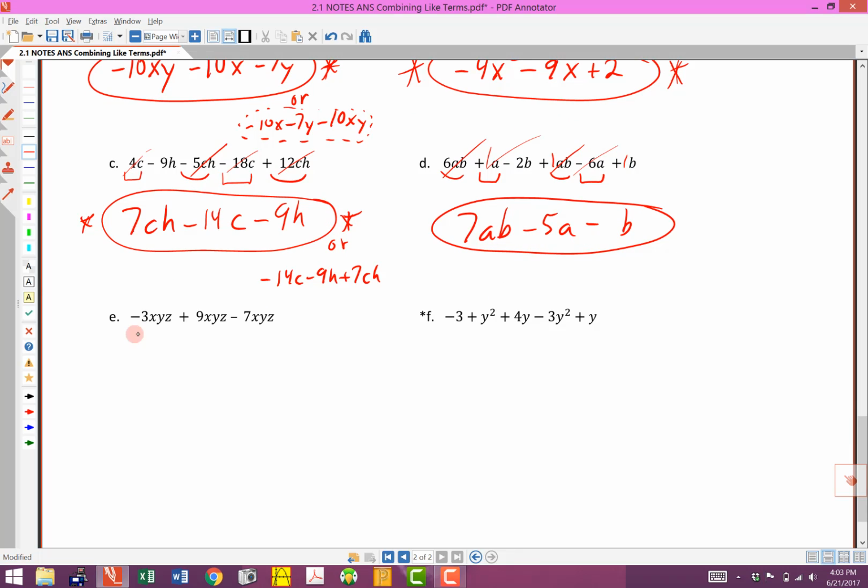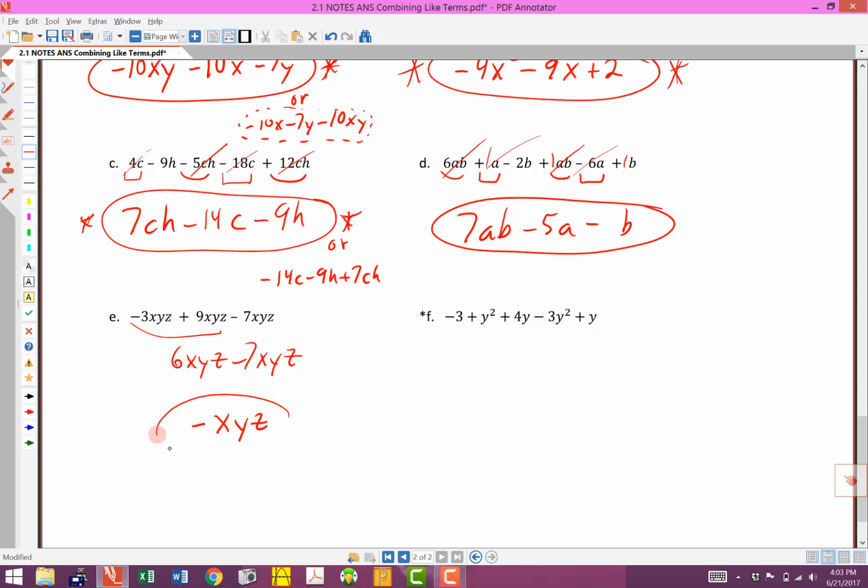Okay, let's take a look at this next one. Negative 3xyz plus 9xyz minus 7xyz. Now you'll notice that we got lucky on each one of these because they're all in that order, xyz. These are all like terms, so all three of these can be combined. So if we put the two of those together, that's going to be, let's see, positive 6xyz minus 7xyz. Find the difference. The difference would be 1, and the bigger one's negative. So I'm not going to write the 1. I'm just going to write negative